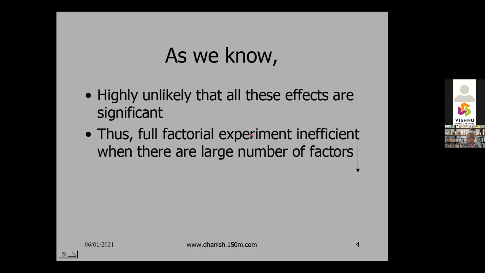It's a waste of time. Therefore, a full factorial experiment is inefficient when there are a large number of factors. When we start studying a subject, we don't know which are the important factors. Especially when doing research, we don't know what the important factors are. We are just starting a new subject. So some of them may be, in theory, we should consider all possible interactions.